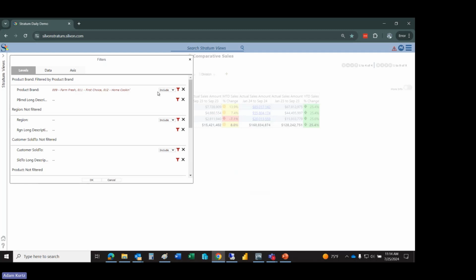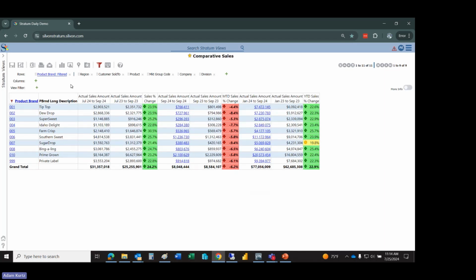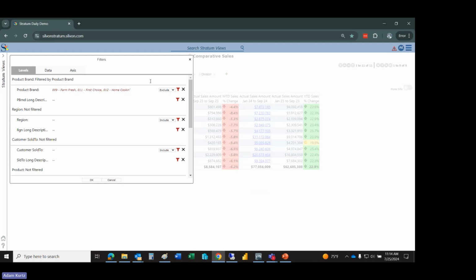Another nifty thing I can do within the filter manager is exclude those brands. So maybe I manage more brands than not, and maybe I just want to exclude the 3 brands that I don't manage. So I can toggle that over to exclude, and now I'm actually excluding those 3 brands and just working with the brands that I want to work with by exclusion. So that was a new feature that just got applied a couple of versions ago. And so if you're behind a little bit on versioning, you won't have access to that powerful feature. And it's been pretty popular. A lot of our customers have had a lot of positive feedback about the ability to exclude